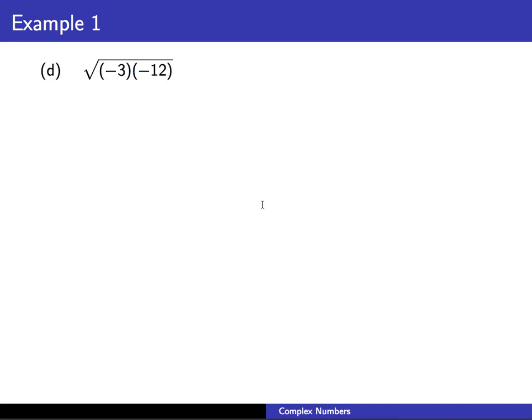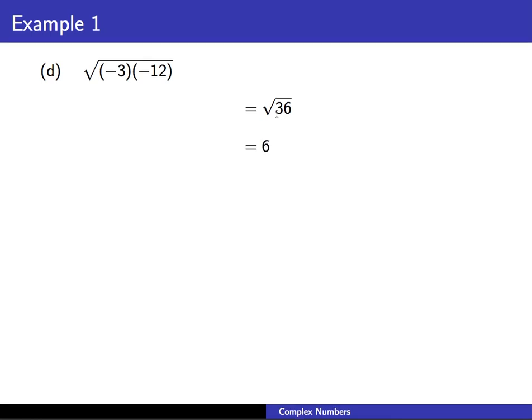All right, part D. This time it's the square root of the product of negative 3 times negative 12. So not exactly the same because we're not separating the two. We have them all together inside one square root. So the square root of negative 3 times negative 12, well, negative 3 times negative 12 is 36, and